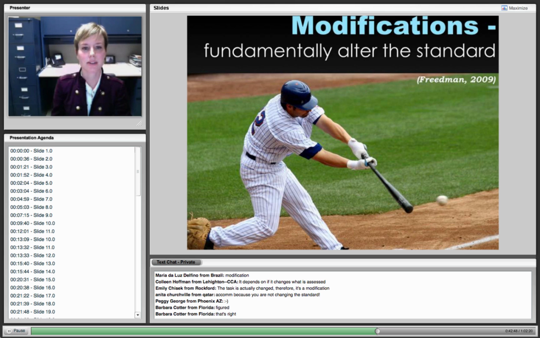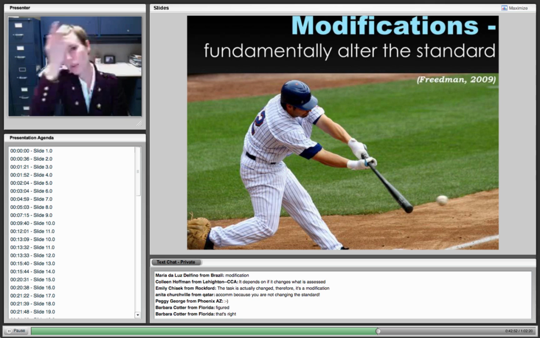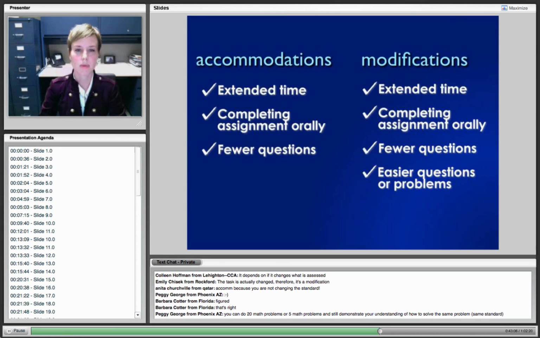Modifications, on the other hand, fundamentally alter the grade level standard. And you're right, we can think about this even for students who are beyond. Anytime we alter the grade level standard to make it significantly lower, significantly higher, we've made a modification. So when we think about this in terms of assessments, any of these could be either